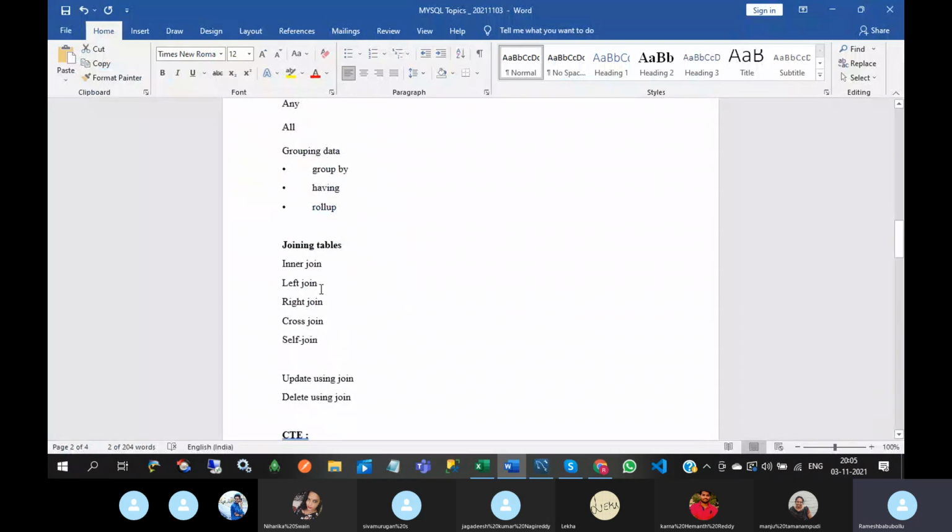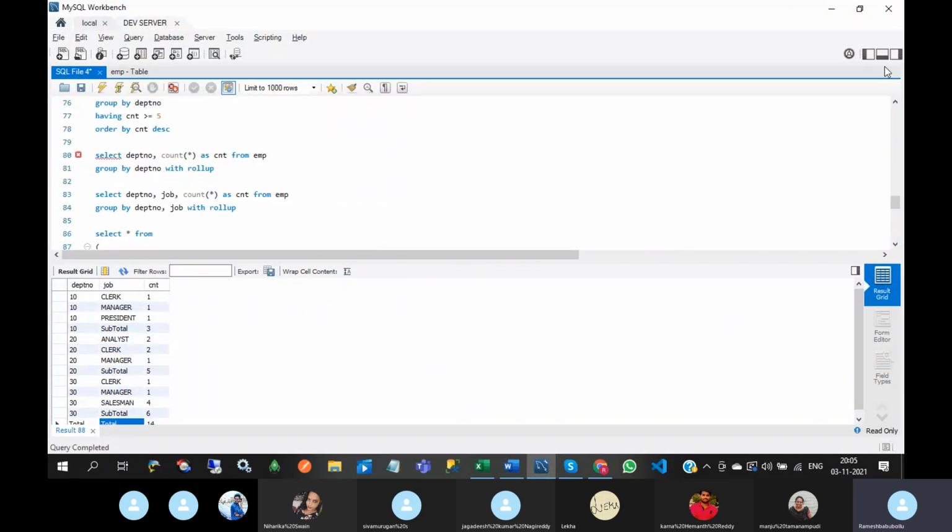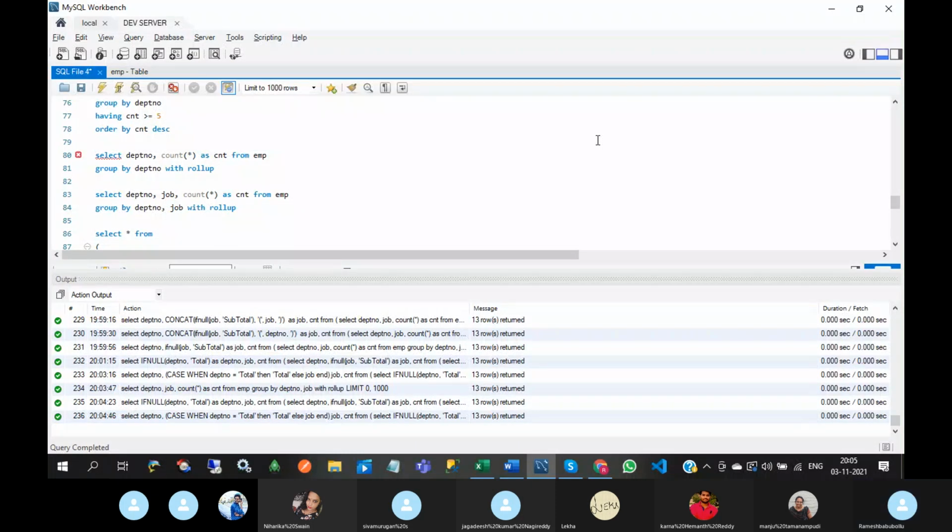Next, joining tables. Joining means there is one more difference between union and joins. What we did in union is combine two or more data sets.